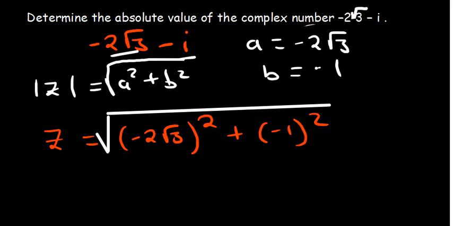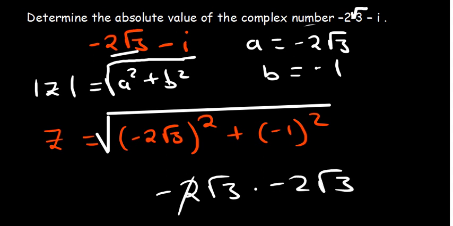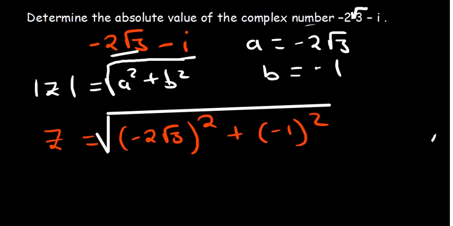So -2 root of 3 multiplied by -2 root of 3. So 2 times 2 is 4. Then root of 3 times root of 3 is 3. So basically we are expected to have a 12 there. So we have 12